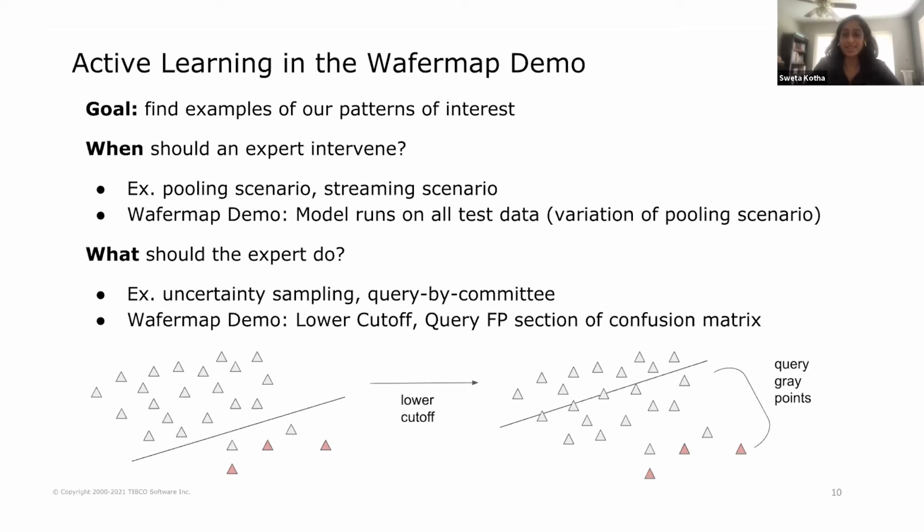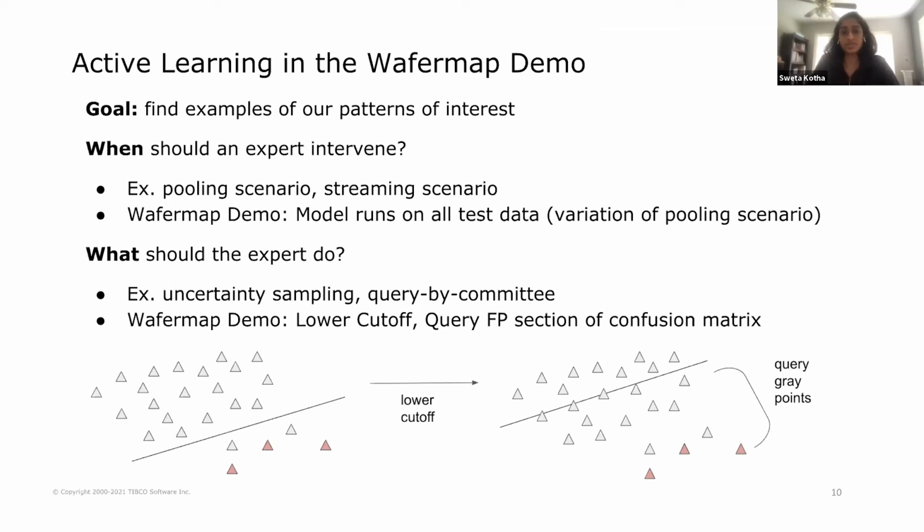Again, we want to find examples of our patterns of interest. That's really what we're trying to do, and that's why we're bringing in active learning, or a variation of it, as we'll see. There are two important questions we want to ask in general for active learning: when should an expert or a human intervene, and what should that expert do? So in the case of when an expert should intervene,